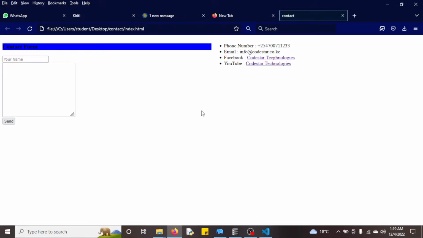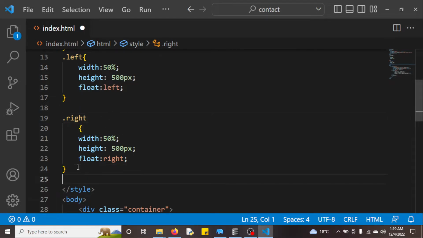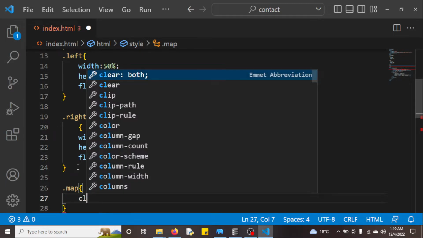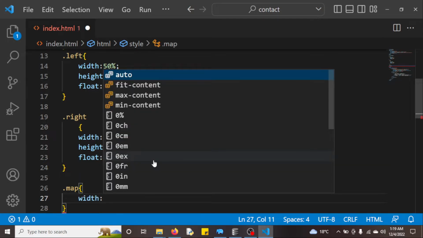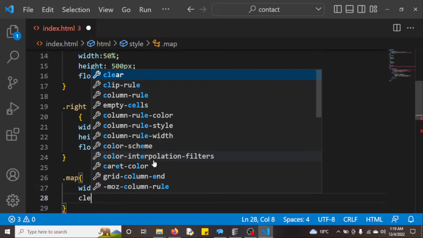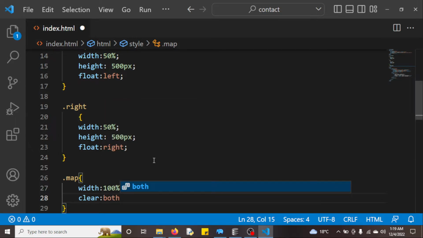So if I check right now, it's supposed to give something like that. Okay, so we have got left, right, float left, float right. For the other one, which is the map, we are supposed to write dot map. It's going to be clear, no, width. I am going to make it width, 100%, and that one is going to be like that. Then you normally write clear both so that it can clear the float from the above, clear both like that,